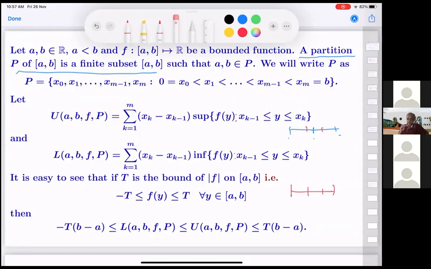So it is important to have... also, if the interval is not a finite interval, and we have only a finite partition, then one of these intervals could be infinity, x_k minus 1, and again things will fall apart. So it is important that our interval is a closed bounded interval, and the function is a bounded function.